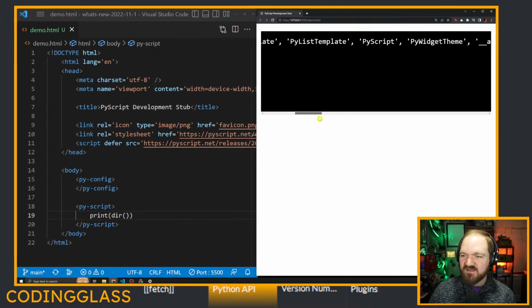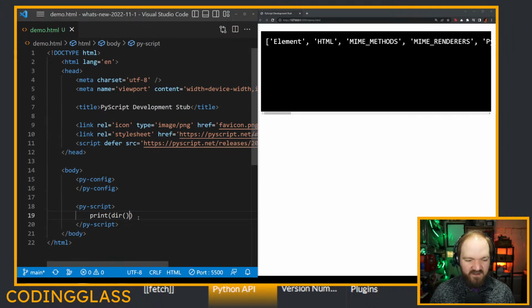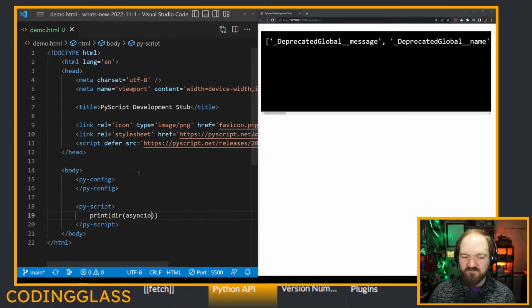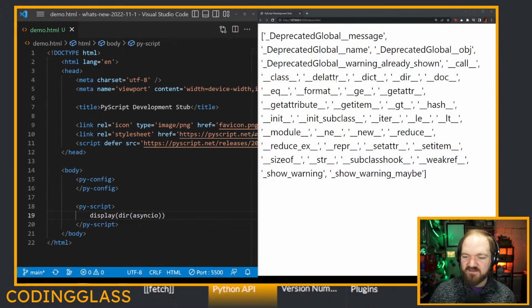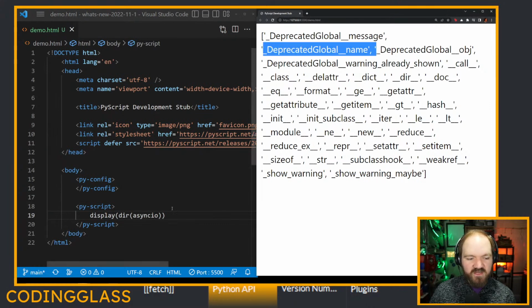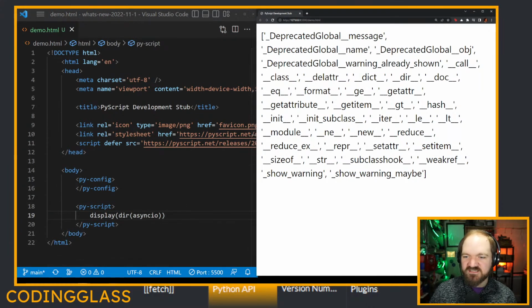We can see still a fair number of things are still built in here. And in fact, it looks a lot like the same list. But let me show you what happens if I do print dir async.io. I might have to switch over to display just to get line wrapping. Yeah, let's do display dir async.io. And we will see we have this interesting deprecated global message showing up in here, which is something that